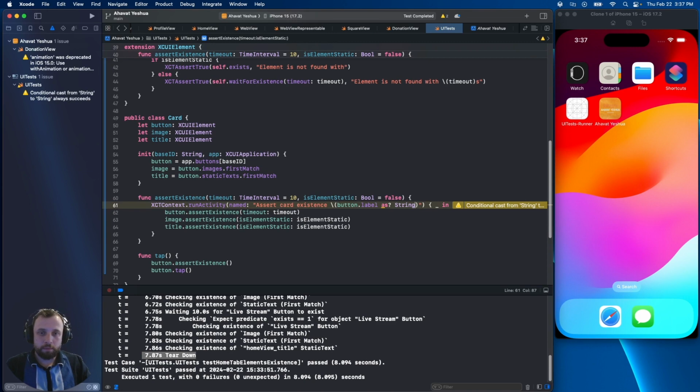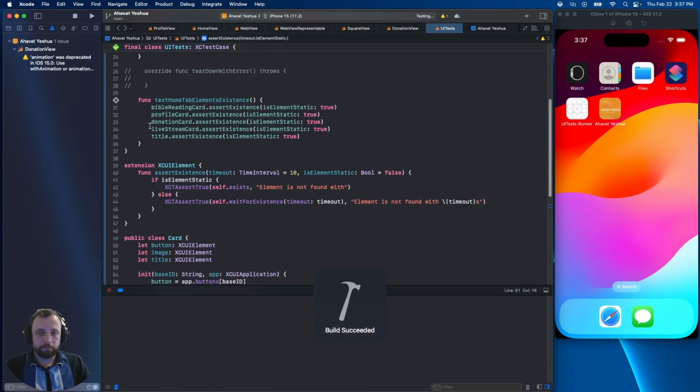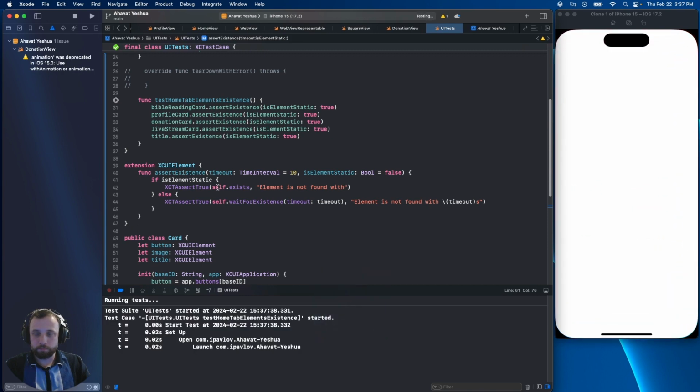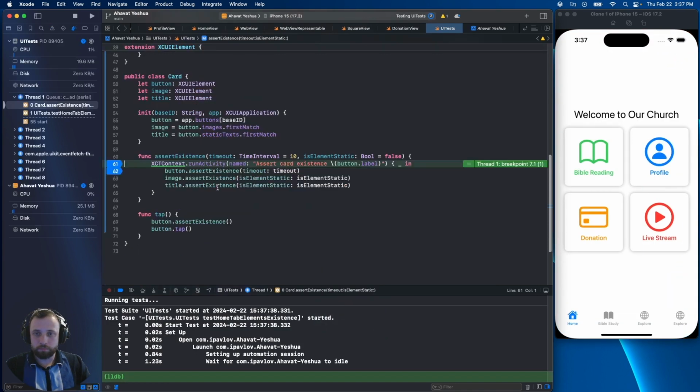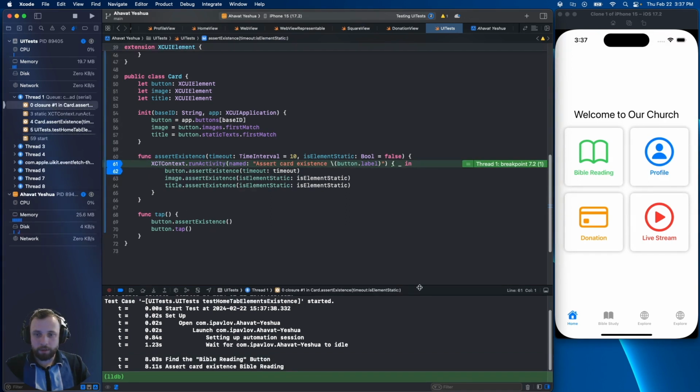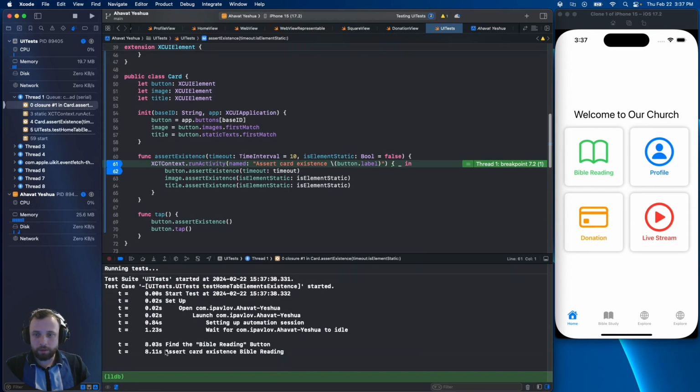It will complain just because of the cast string. Okay. If we don't need it, we don't need it. Cool. Let me show you what it does. Boom. So we come here right away. I do the next step. And you see assert card existence Bible reading. You can do it like that. So in that case, it will